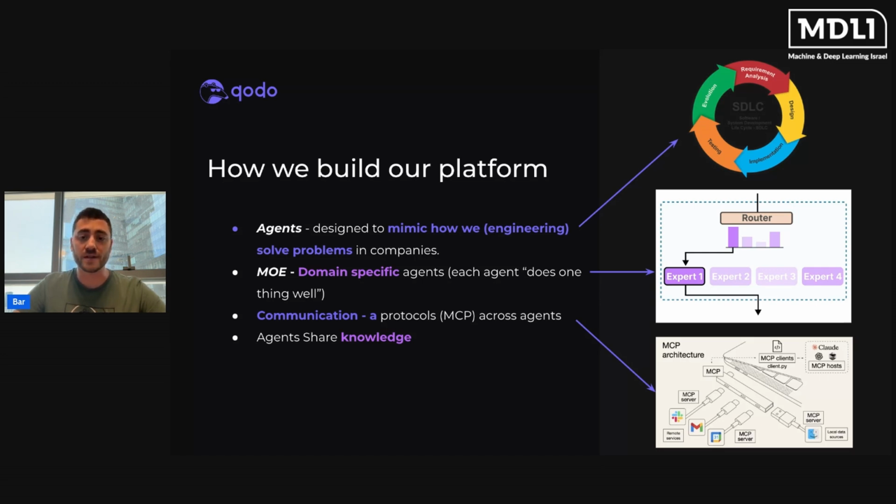So it's a mixture of experts, meaning that each agent should do one thing very, very well. It doesn't mean that an agent that is doing tests cannot write code. Basically, it's an LLM. You can ask it to write code, but it will probably be very bad at this task because it was fine-tuned for the problem domain of writing tests. So after we segment the agents and fine-tune them to do one task or domain of a task like testing very, very well,